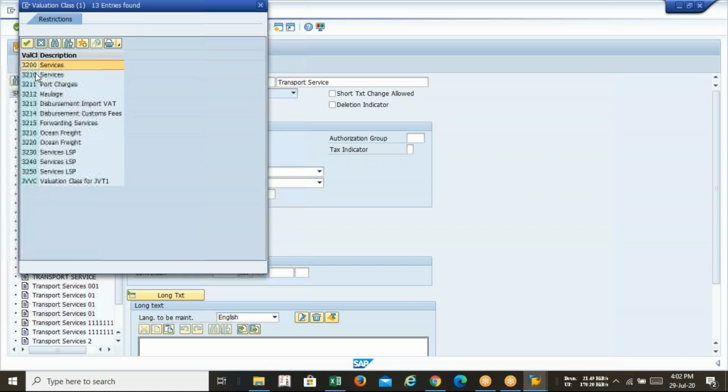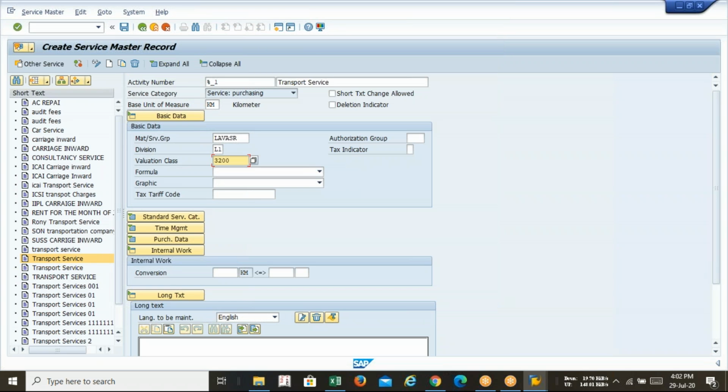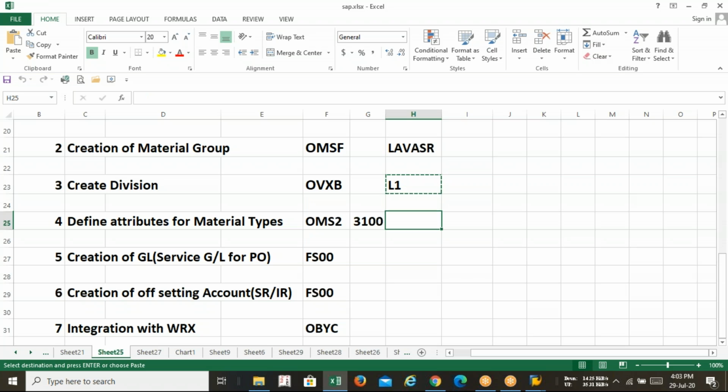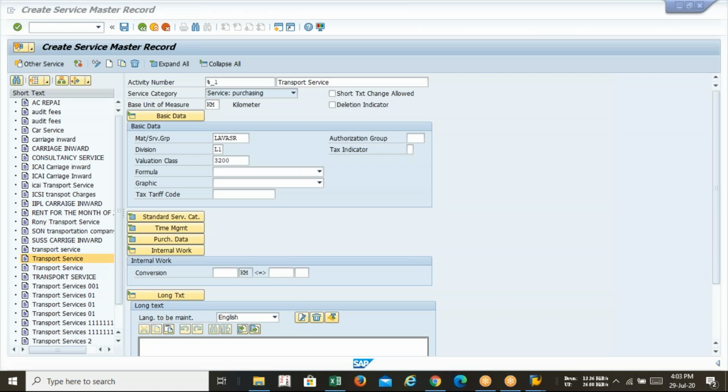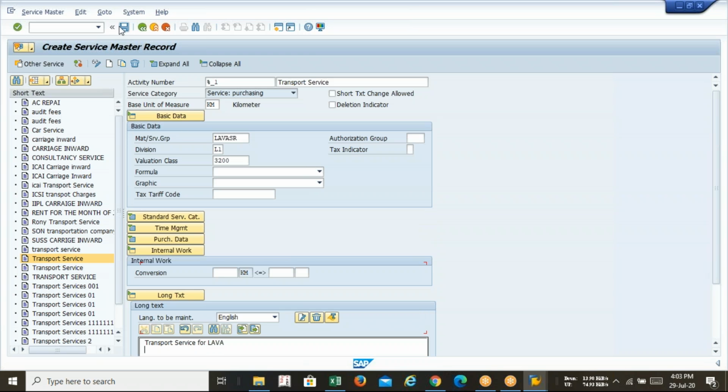It's 3200 service. You can see that the valuation class service is coming as this one. Do not select this one. 3200, please select. Okay. Now in the long text, you have to type some narration. Transport service for lava. Okay. Enter and save.